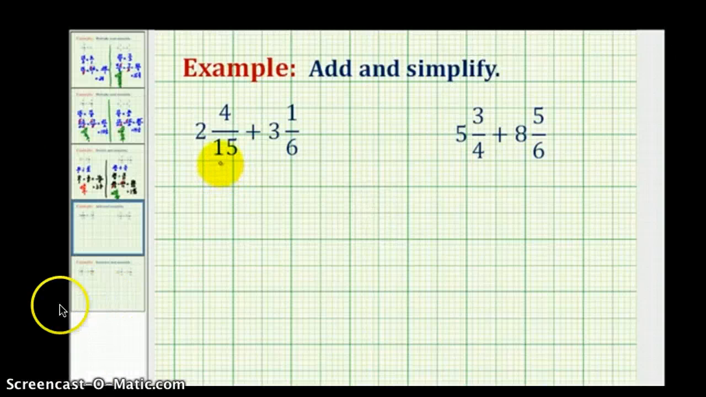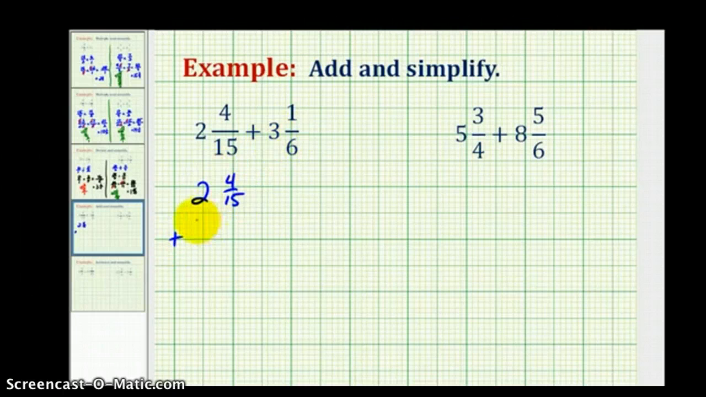Adding mixed numbers is similar to adding fractions, except we'll be adding fractions as well as the whole numbers, but we do have to be careful that when we add the fraction parts, the fraction is not an improper fraction. We can't express an answer as a mixed number where the fraction is improper. So I think it's helpful to write this vertically to begin with. So we have 2 4/15